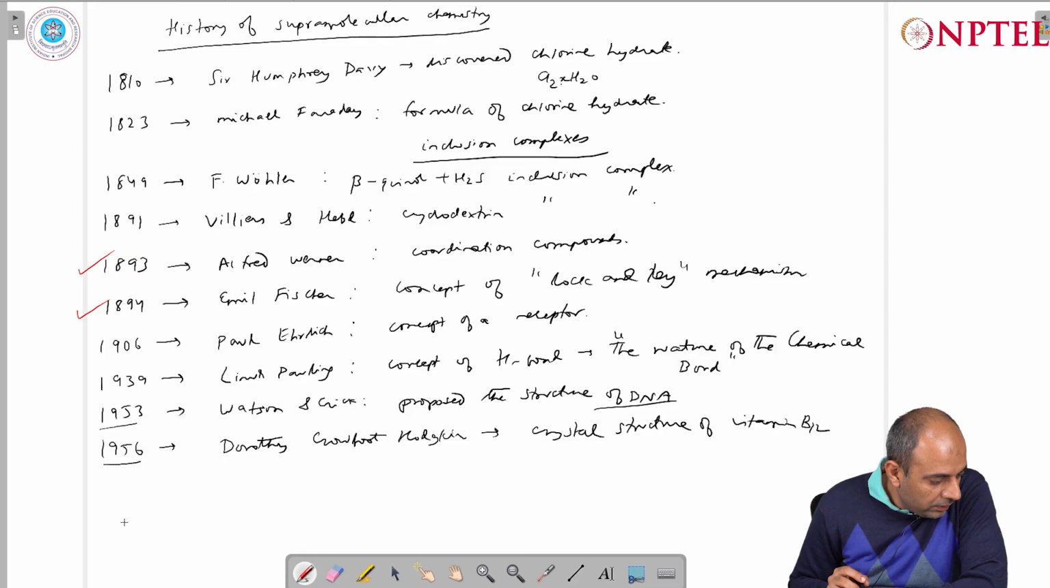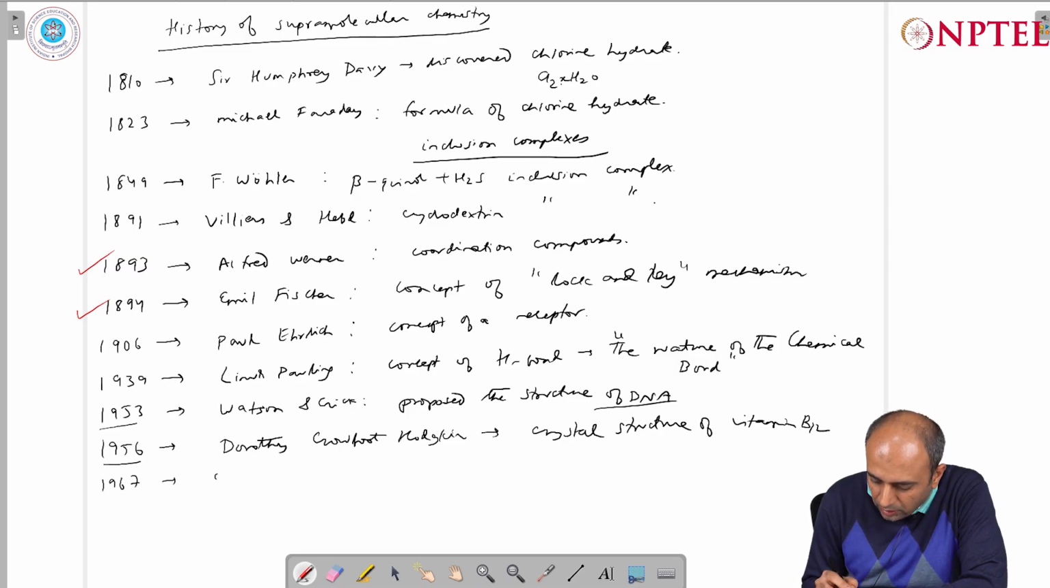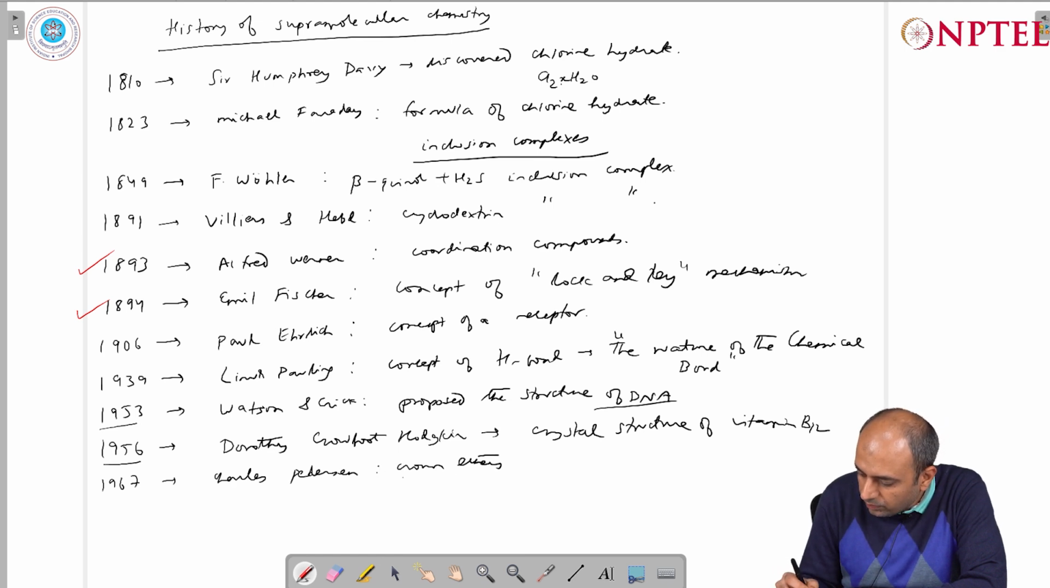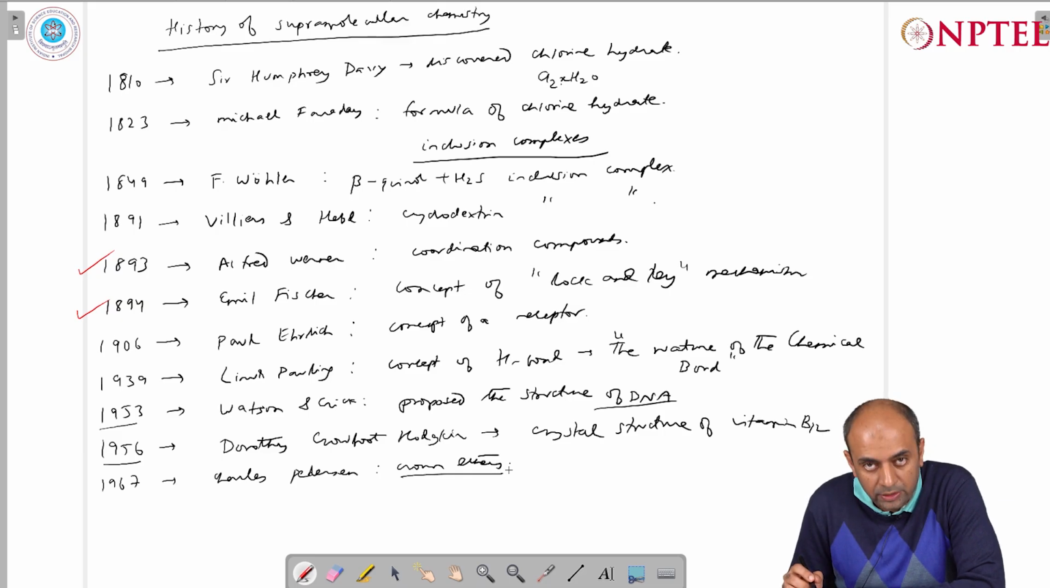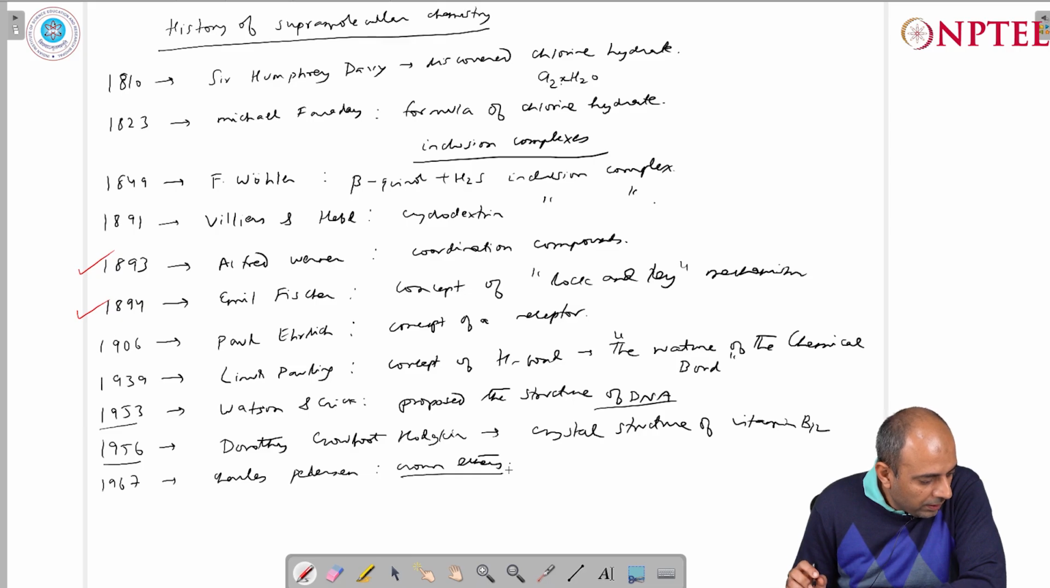And then followed a series of discoveries by organic chemists of different kinds of receptors and different kinds of organic molecules which are very important for different binding processes. For example, it was in 1967 that Charles Pedersen discovered crown ethers, and this class of compounds turned out to be very interesting, and we will look at some of the most important applications of crown ethers as well, followed by